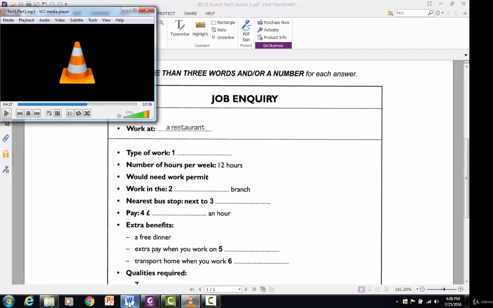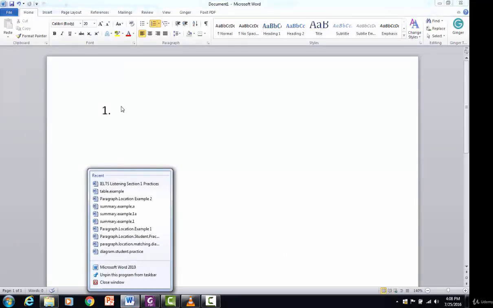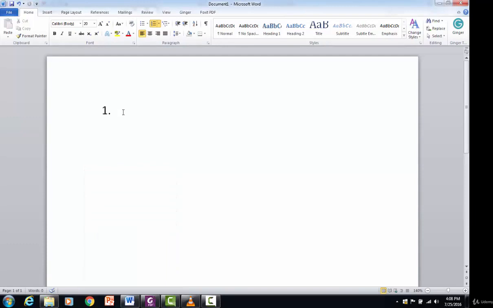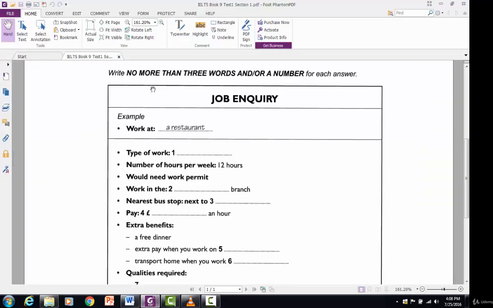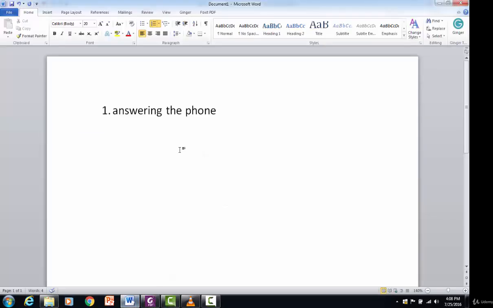Okay, so here are our answer choices. All right, so number 1, the correct answer is answering the phone. Look at our directions. It says no more than 3 words and or a number. So if I'm writing answering the phone, that's okay. I can do that. Now, in terms of number 1, the way they tried to trick you was